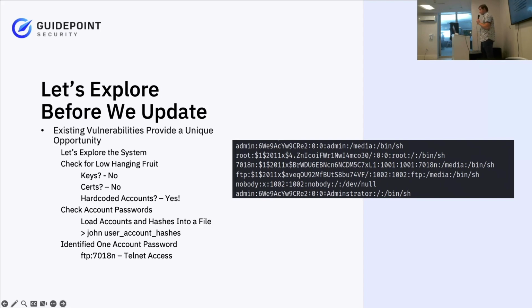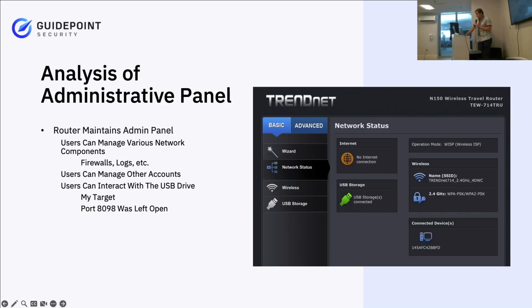Having telnet access was great, especially because these aren't advertised in the device. There's no way to change these in the web user interface. So that means all of these three accounts, the root, 7018N and FTP account, are going to persist there regardless of what the user does, unless, of course, they find a remote code execution vulnerability, go in and change it themselves. So, with that in my pocket for maybe later use, I started to go through the administrative panel